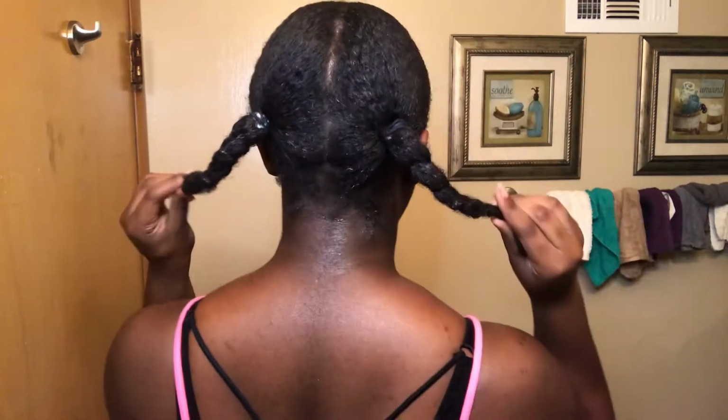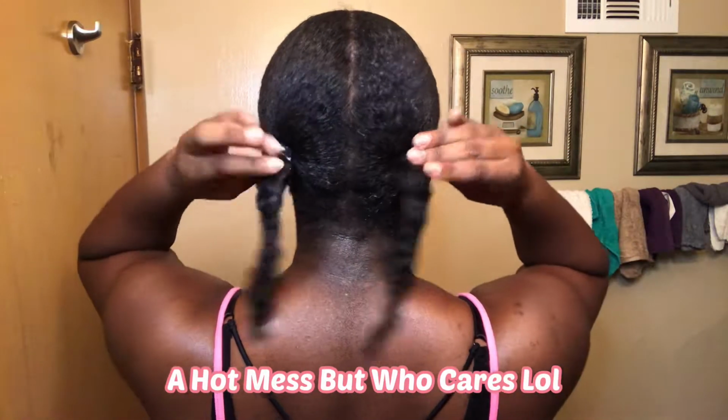So now that I'm finished and I done got it as slick as I can, this is what it looked like. I don't know what it looked like in the back, but I just got 2 braids. I look like that girl off of the Polar Express, but it's okay because she was cute. And so next what I do is so easy. I literally take my braids